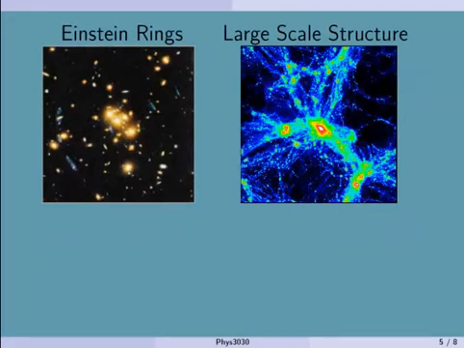Okay. So now, after these observations were made, people looked for other proof of dark matter, and there happens to be a great deal of things that point to dark matter. One of the other really interesting ones is this idea of Einstein rings. We talked a little bit about Einstein rings when we talked about general relativity last week.